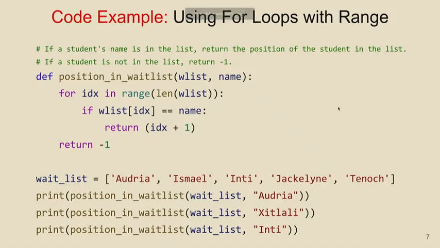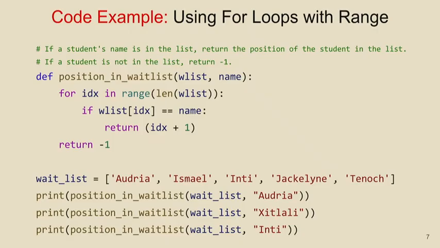Now we have this new function, student in waitlist. Right? Waitlists are something that many of us have been in, right? A waitlist to get into a class. And you get into the class depending on where you are on that waitlist. If you're waitlist number 1, that means you're the very next person. If someone drops, you're the first one to go inside, right? Into that class. So the position of where you are in that waitlist really matters.